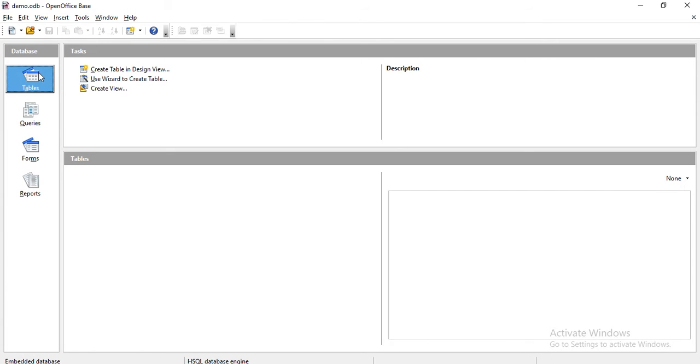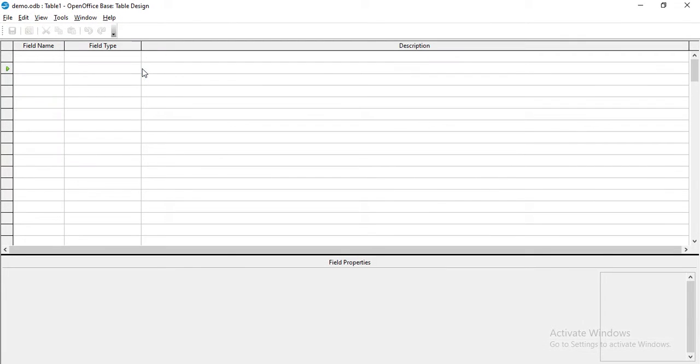Click on Create Table in Design View option under Tasks and a table design window appears. When you click on this, you will see this table design window. Specify the field name and data type of the field to be created by selecting the appropriate type under the Field Type drop down list.